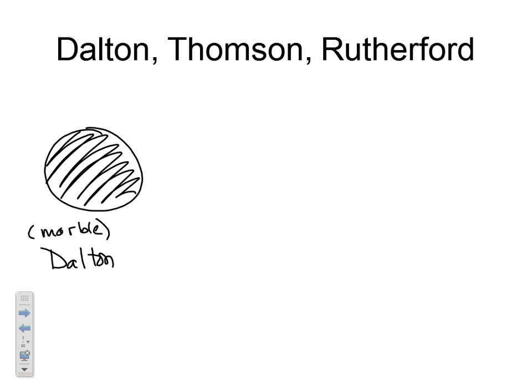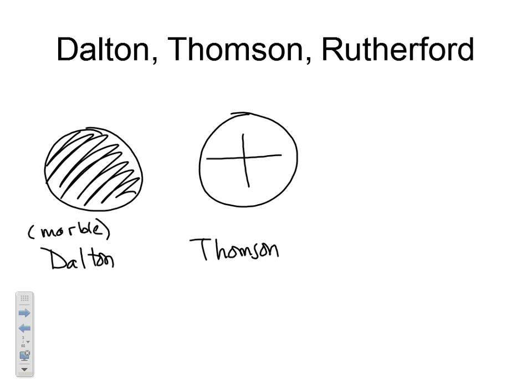And then we have Thomson. And his was the plum pudding idea, or if we think of that more recently, like a chocolate chip cookie. Thomson discovered the electron, but he didn't know about protons or neutrons. So he kind of thought that the atom was this big sort of center, had this positive, almost goo, that would be like the cookie portion of chocolate chip cookie dough, that was positively charged, but that he also figured out that there were electrons, so embedded within the cookie dough are electrons, negatively charged